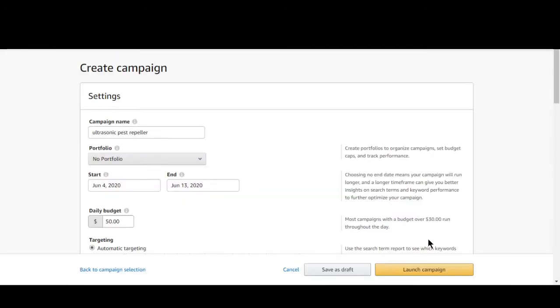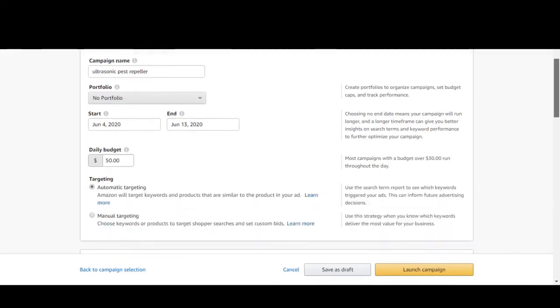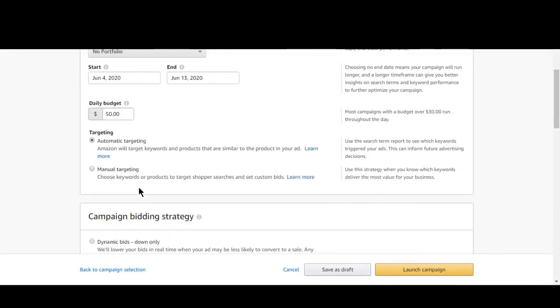And guys, one thing to keep in mind: after you run automatic targeting for 10 days, as I mentioned to you, you can either continue with automatic targeting, or else you can go with manual targeting, guys. If you want to do manual targeting, then what you have to do is